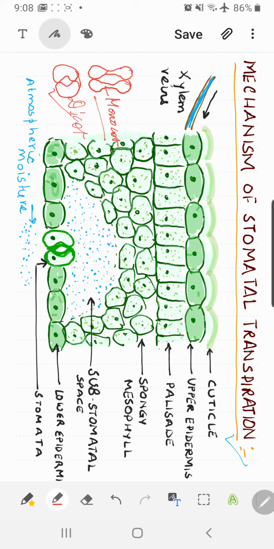Another difference that you should know is about dicots. The diagram that you are seeing is a dicot, a transverse section, a vertical section of the leaf. When we slice the leaf from its waxy coating till the bottom, you will find stomata abundant on the lower epidermis. Right, children? You will hardly find any stomata on the upper epidermis. There are rare cases where you will find stomata at the upper epidermis, but they are mostly abundant on the lower epidermis.